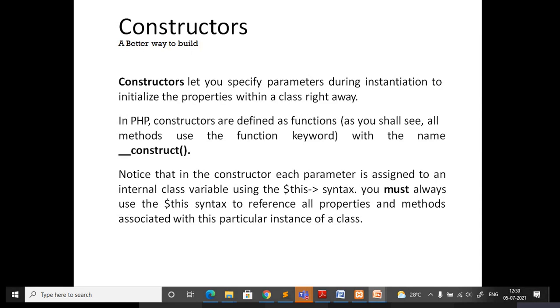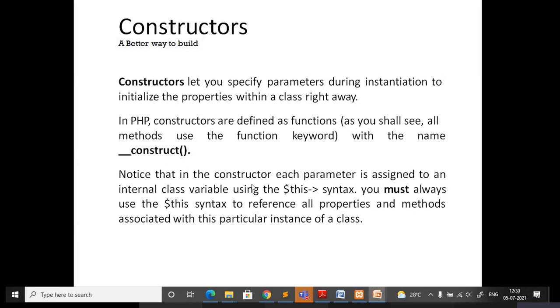Similar to when I was creating a function in the class, public function followed by the name, even for constructors you have to use the keyword function with the name underscore underscore construct.